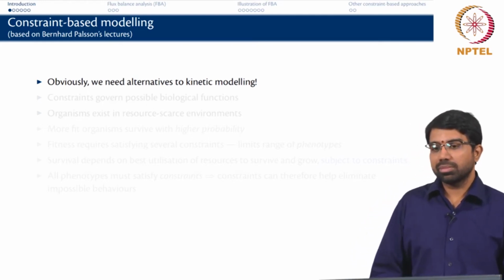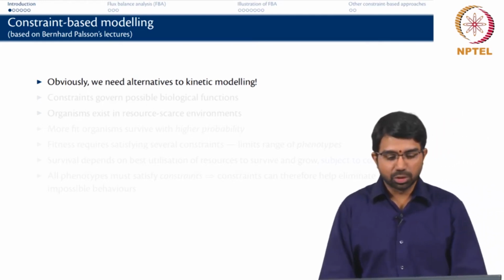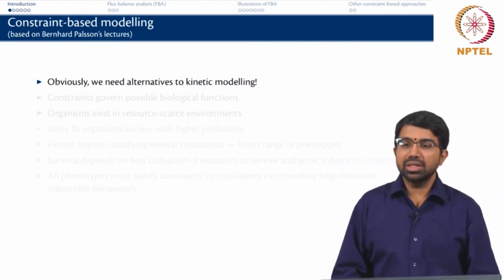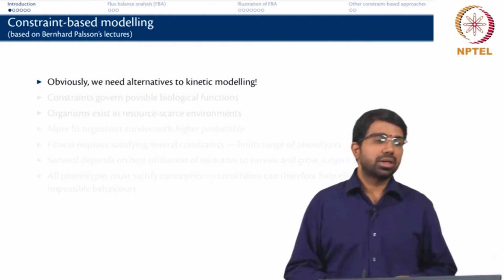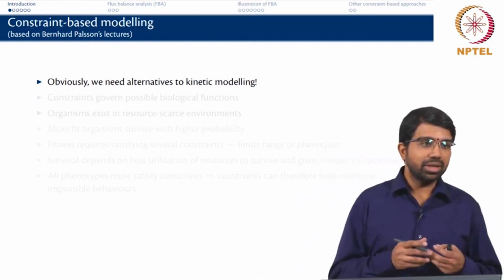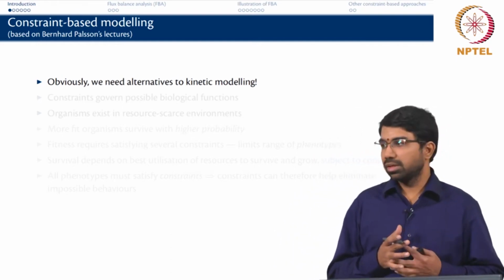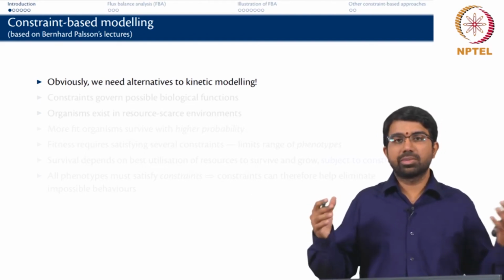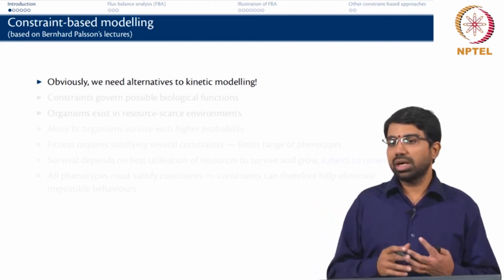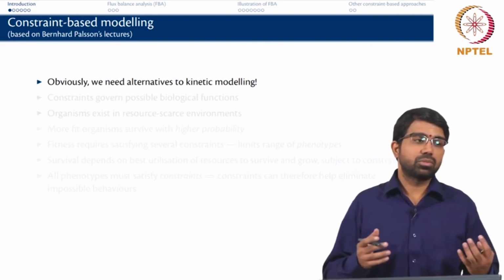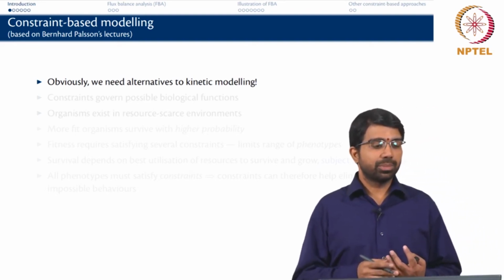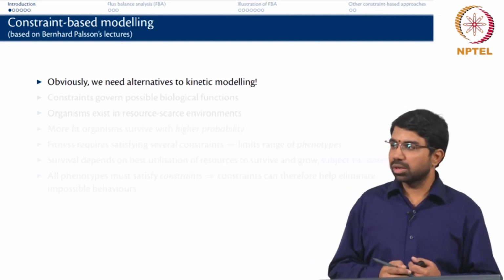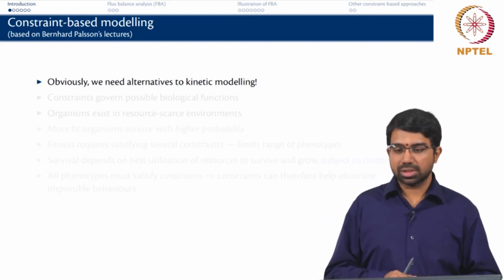But people are bravely attempting this, and with good reason. But clearly you need a simpler method, right? And we have already discussed at the very beginning, it all depends on the questions you want to ask. If all I want to know is whether post this gene deletion my E. coli is going to grow or not, I do not need to build a dynamic model. Most likely I do not need a dynamic model, and we will see how constraint based models can actually give you answers to questions like that.